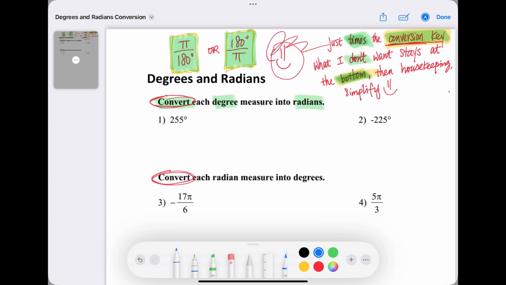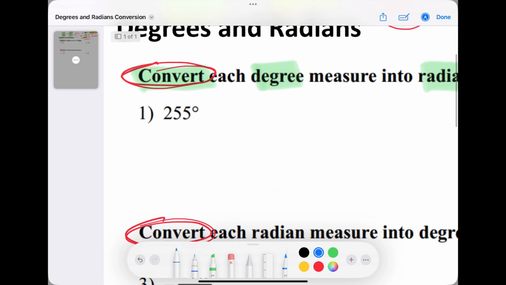So number one, they want us to convert the degree to radian. What you see is what you got. Given the degree, I do not want degree, so I just times the conversion key. What I don't want is the degree, so the degree has to be at the bottom. So pi over 180. Seeing is believing, you know that. Hey, the degree cancels out, very good. And 255 and 180, both of them can divide by 5. So that gives me 51 and 180 divided by 5,